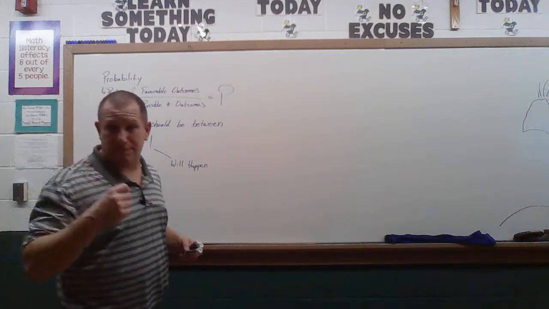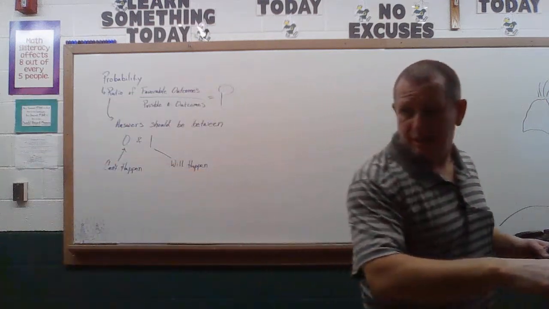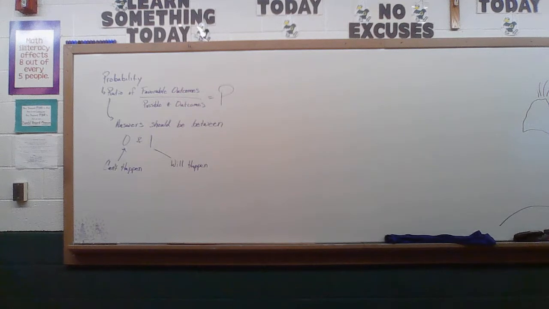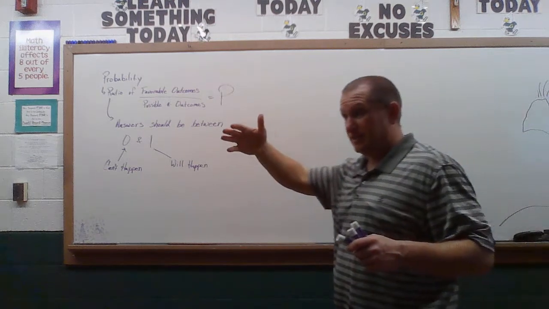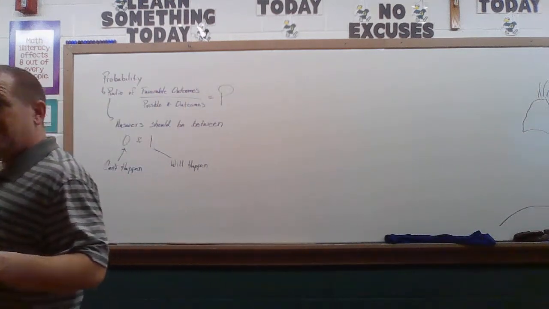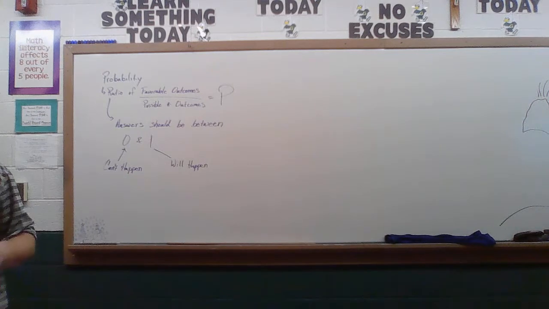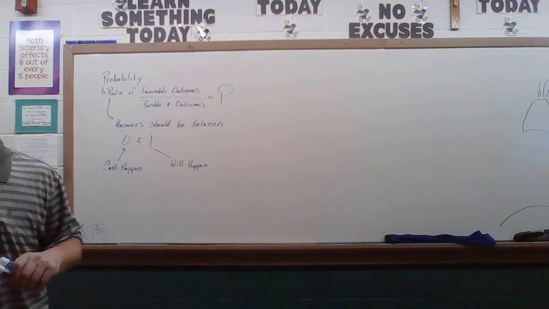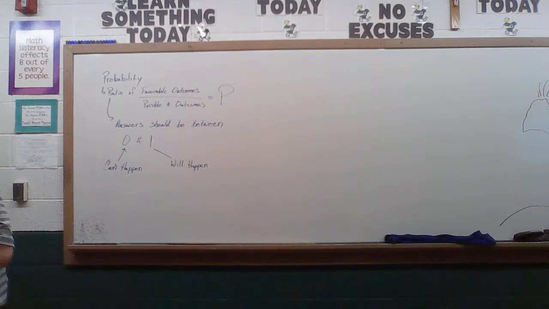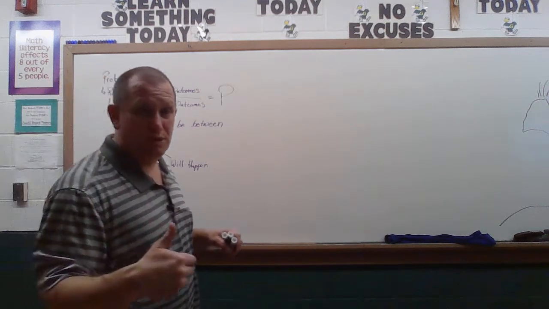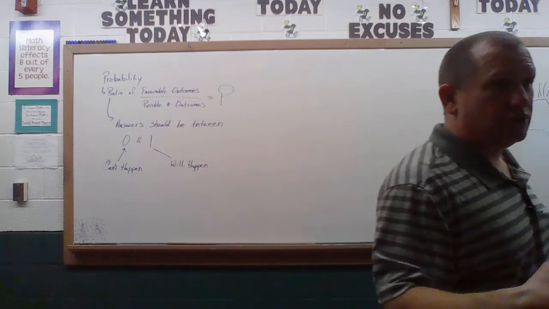Now, when you got to your odds, that's kind of what you were talking about, who's favored in the game and that kind of thing. Well, odds and probability aren't the same things. Okay? So what Nathan was talking about when you were talking about gambling and like sport games and stuff, the odds are different, and you can actually have an improper fraction with odds. If you have an improper fraction with odds, is that team going to win? Yes. Just about all the time. So if you're favored 7-2, that's a good chance.